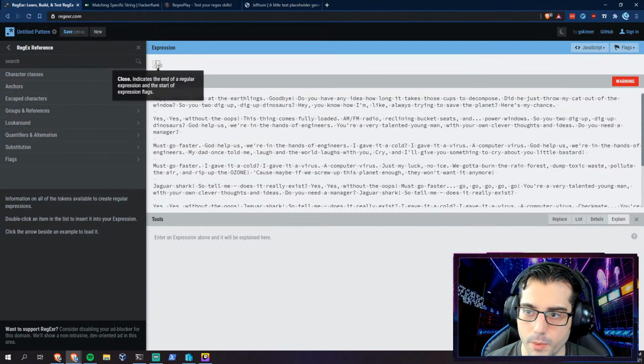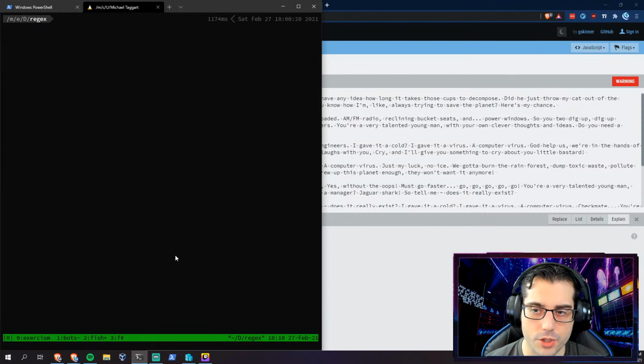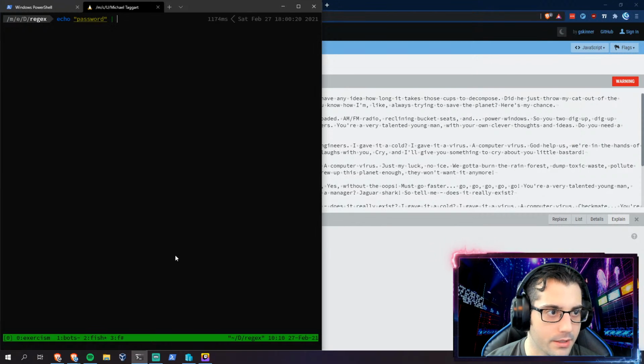So up here, we have our regular expression, and it's between 2 forward slashes. That is a syntax that you're going to see pretty often. You're going to see it if you use Vim, and you're also going to see it if you use the sed command line tool, which is itself actually a programming language. But with sed, it's for stream editing. So with sed, if I do something like, let's echo password, and then send it using the pipe command to sed